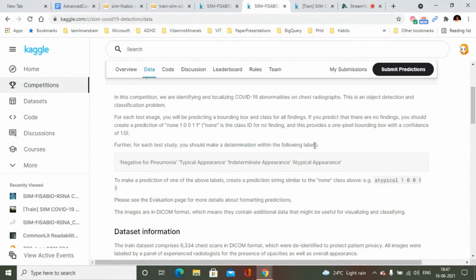Sometimes the person will not have any symptoms of COVID-19 in the chest X-rays, that is negative for pneumonia. So these are the four categories: negative for pneumonia, typical appearance, indeterminate appearance, and atypical appearance. This way you will be classifying the images into one of these four categories, so this is an object detection and an object classification problem.